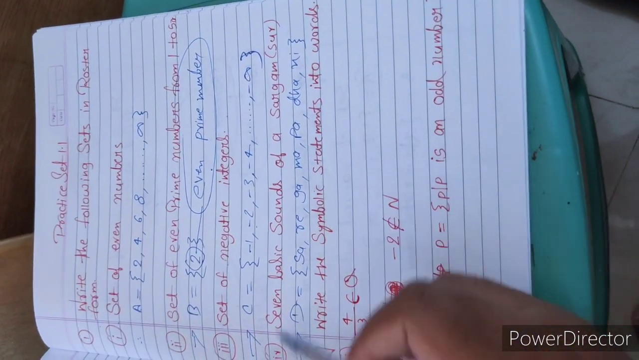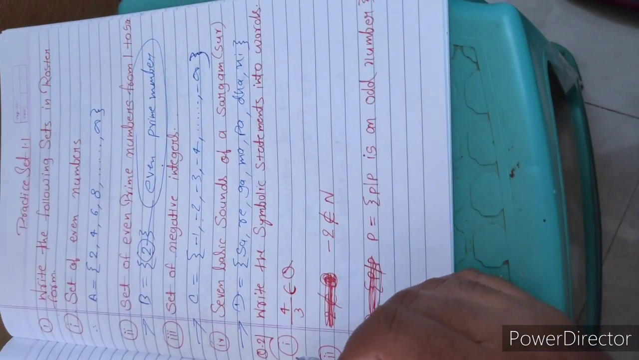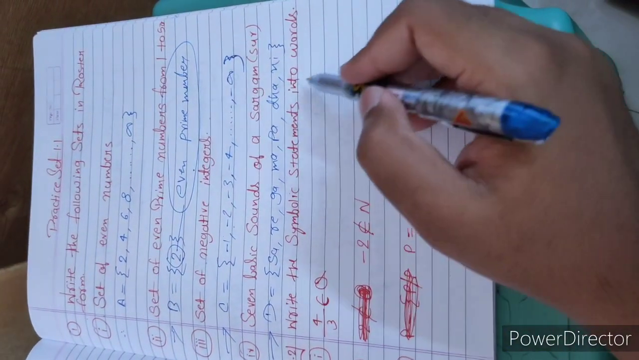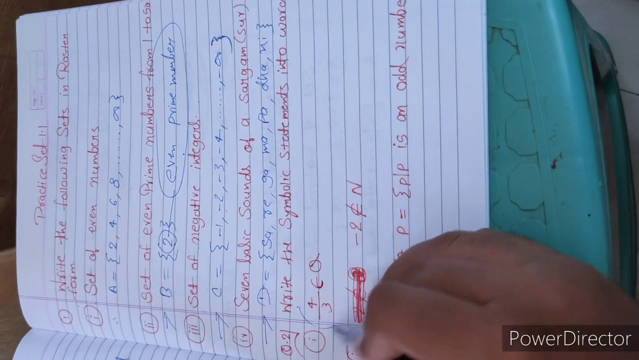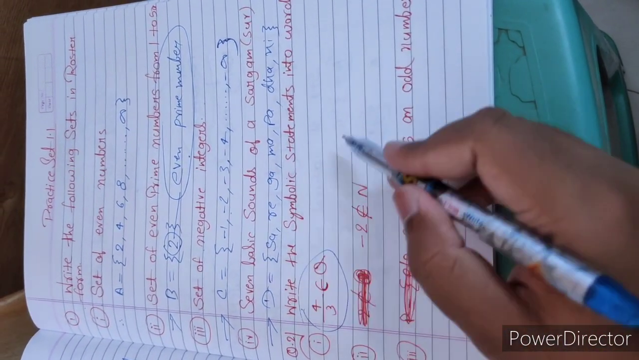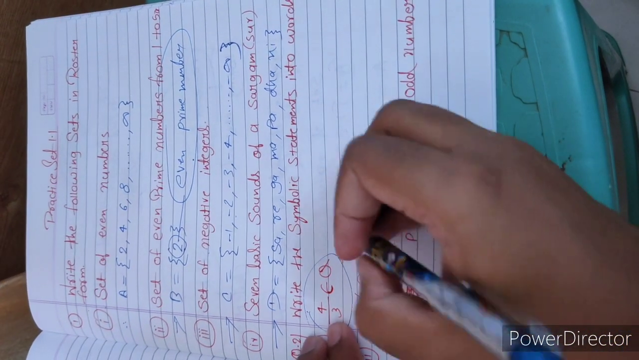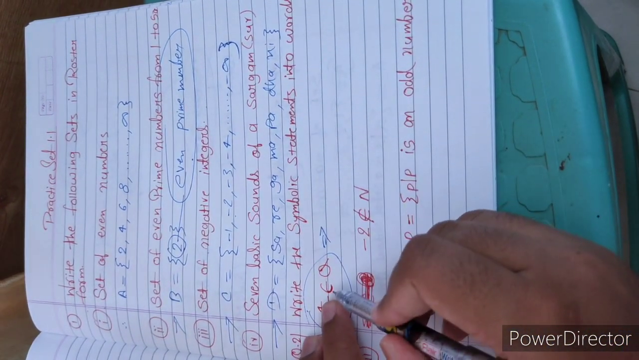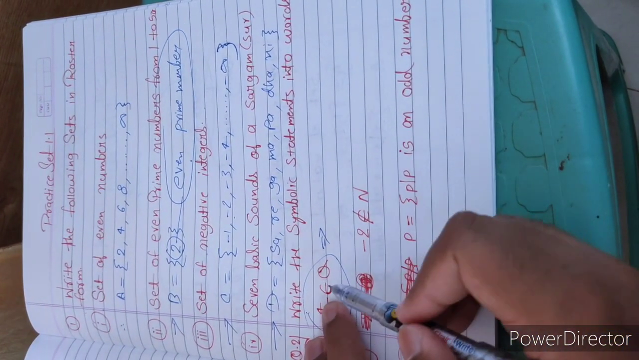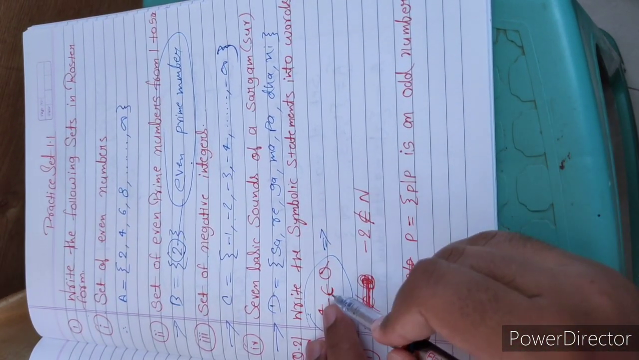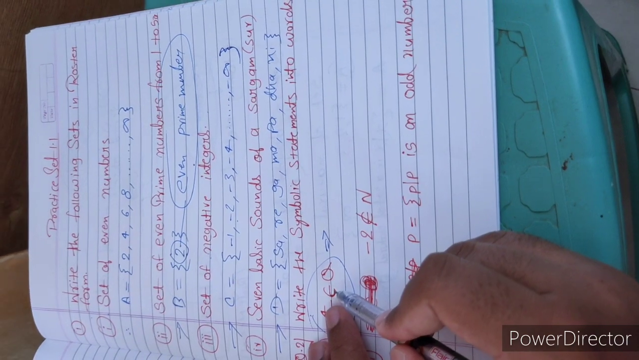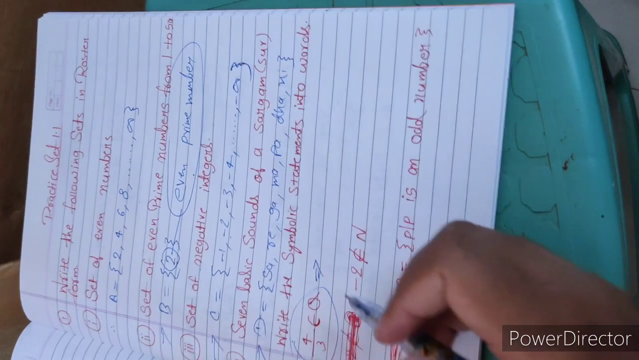Okay, let's move on. Question number 2. What is given here? Write the symbolic statement into words. We have been given symbolic statements which we have to write in words. This sign, we did not see in 8th standard, we are seeing this sign in 9th standard. This sign is called belongs to. So simply we will write